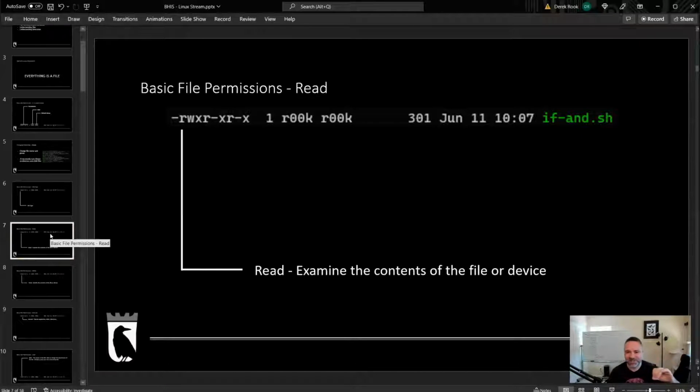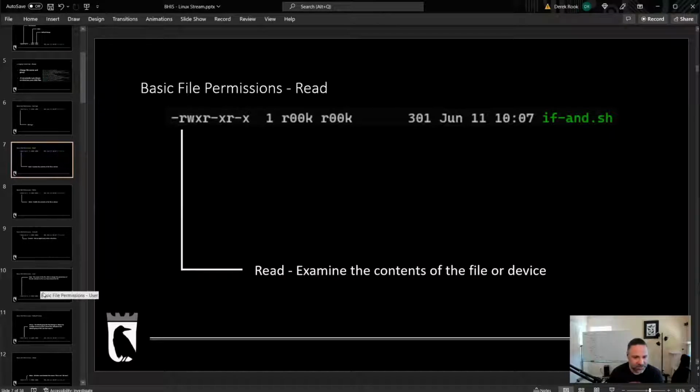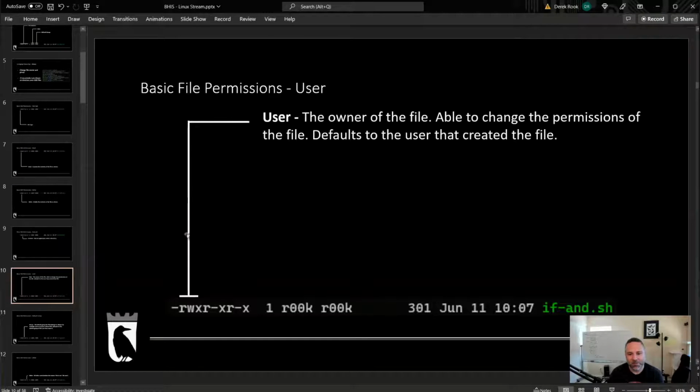For directories, and we'll get to the weirdness of directories in a little bit, and that might be new for some people, you can get really granular on how things work, because what we have is 3 different sets of read, write, execute. And if we look, we can see that they're the first set. So after the file type, the first 3 is for the user, and that's this user right here. So in this case, it'll be Rook.